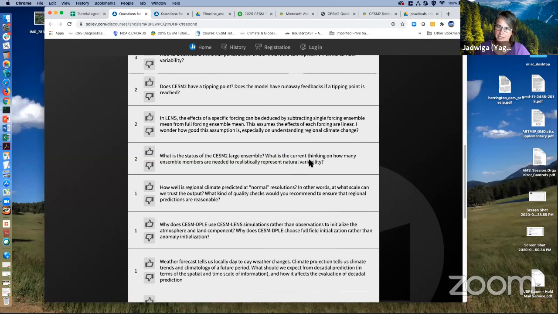And the same for the land. You're forcing the land model offline by atmospheric data, especially the fluxes at the surface, and you spin it up till you get to a land model state that is pretty comparable to present day. And then you just continue that forward as you run your forecasts.